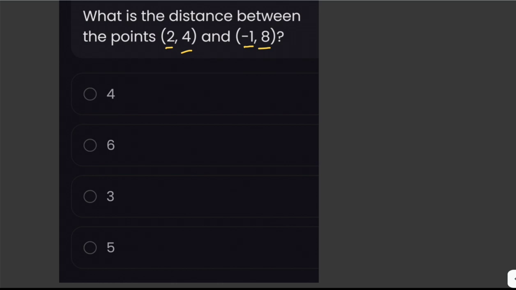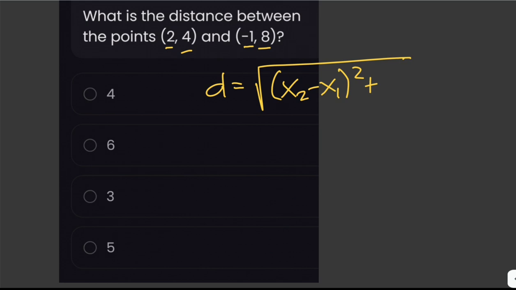Then we square it and then get the square root of it. Or we use the distance formula, which is just equal to the square root of x sub 2 minus x sub 1 squared plus y sub 2 minus y sub 1 squared,